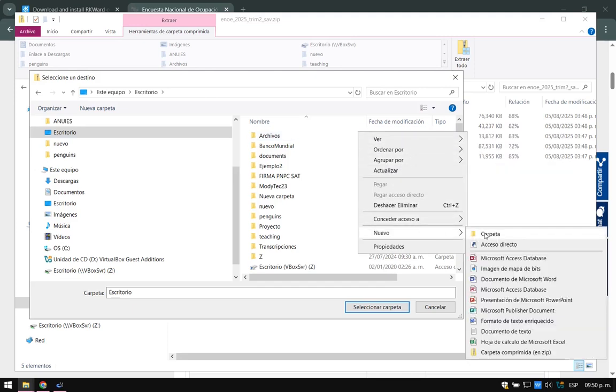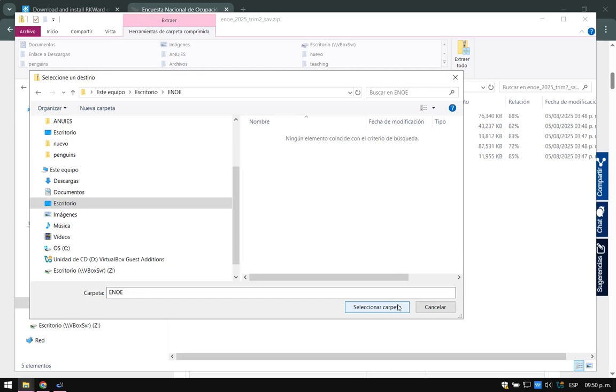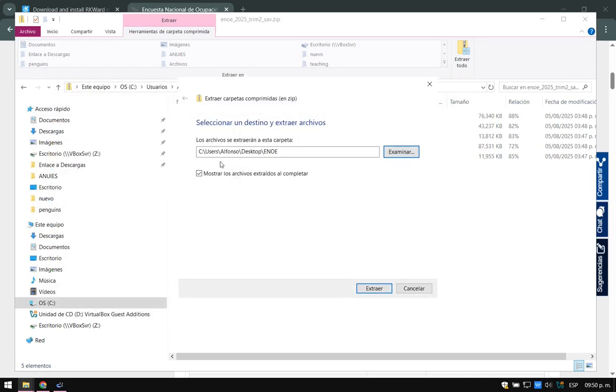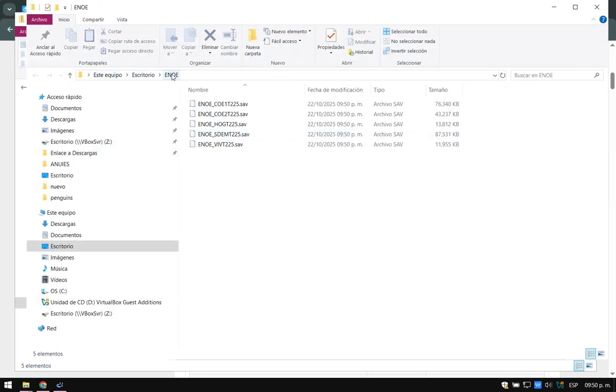I'll hit new folder, just name it ENOE, and I'll hit select this folder, desktop ENOE, extract. Once this is done, I'll have it in my folder,